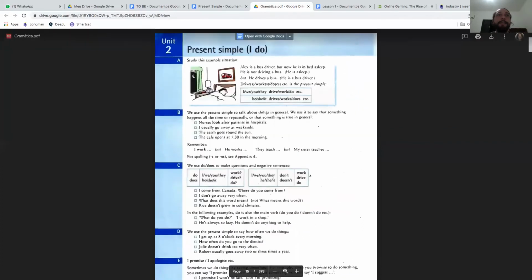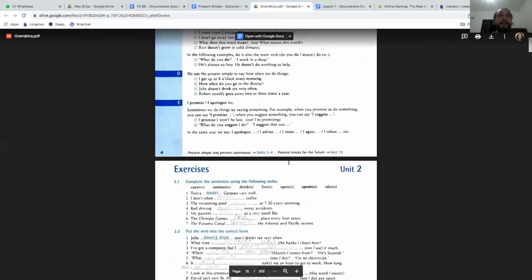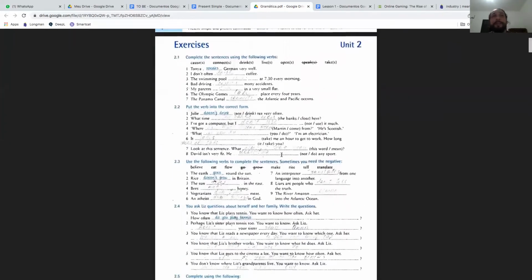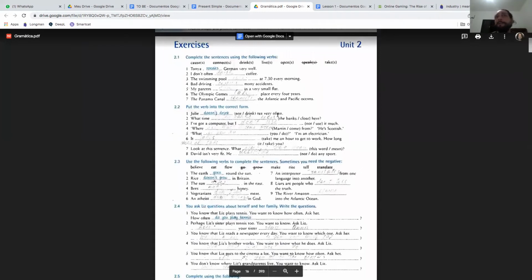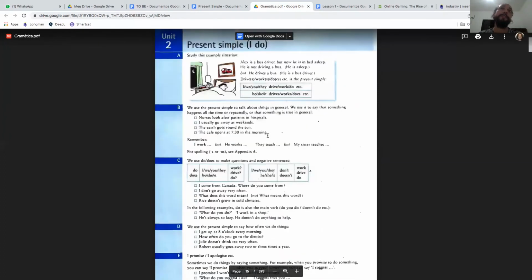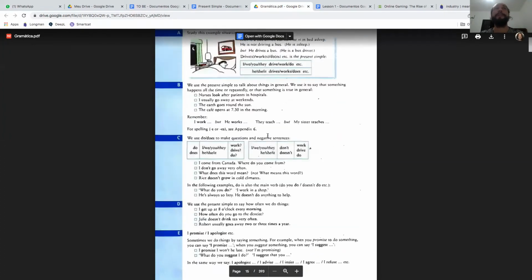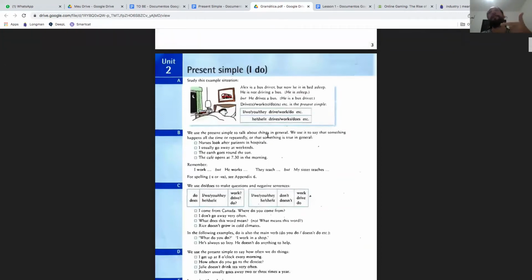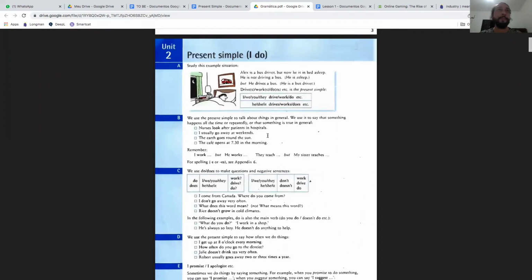But unit 2 in page 15 of the PDF file has an overview of the present simple. So you can have a look here. We have the exercises. In this case, the exercises, unfortunately, are already complete, but you can remake them while you study, you know. It can be helpful. So you can access information on the present simple here. You will find information about the verb to be and the other verbs, okay?